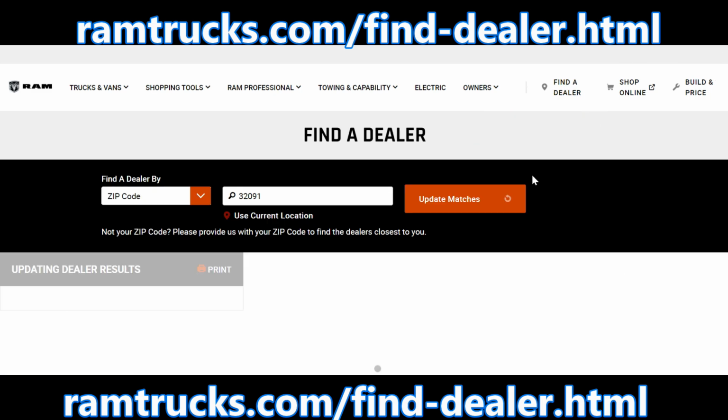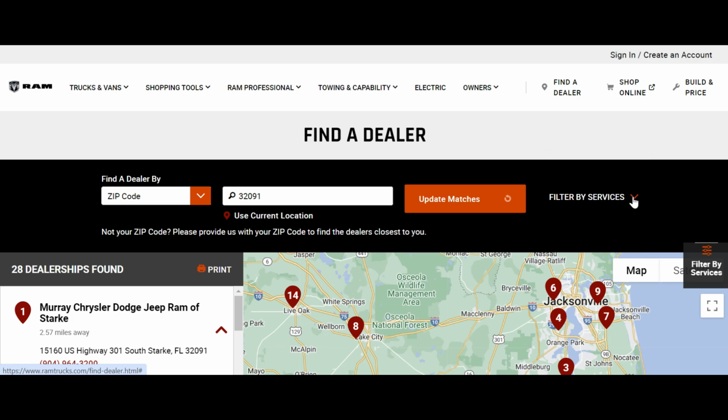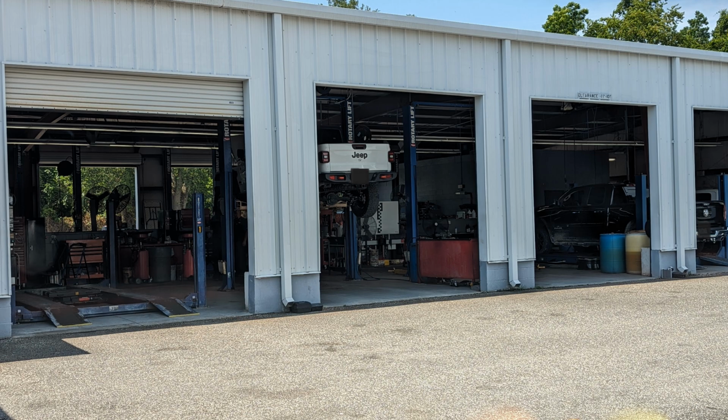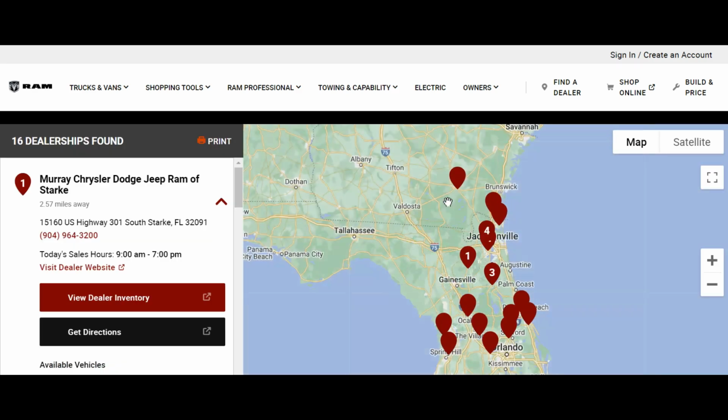And what you're going to do when you go to that website, you will check the box that says Business Link, and when you get Business Link sites or locations, you know they're going to have doors that are tall enough to handle the high profile Ram vehicles. And most likely they're also going to have lifts